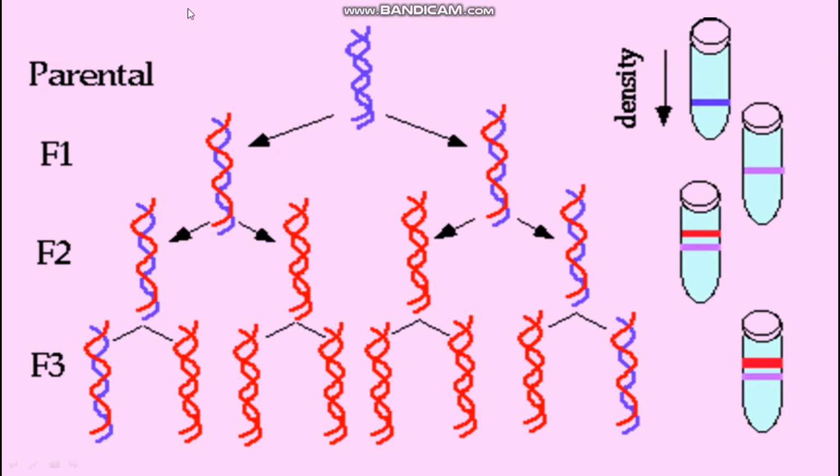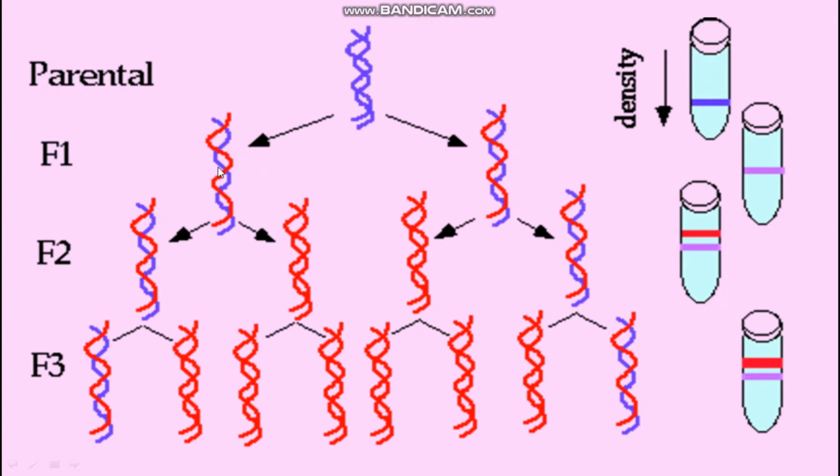So in the F1 generation, we got this result. It was basically 50 to 50. So the ratio here is 50 for nitrogen 14 and 50 for nitrogen 15. So this is not possible in the case of conservative mode, because you will either get 100% or 0%, not in between. So the conservative mode of DNA replication was excluded. Now we are left with semi-conservative and dispersive mode.